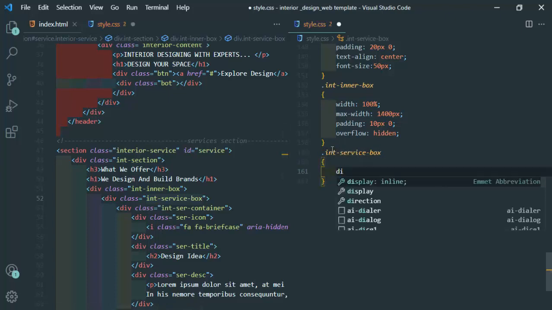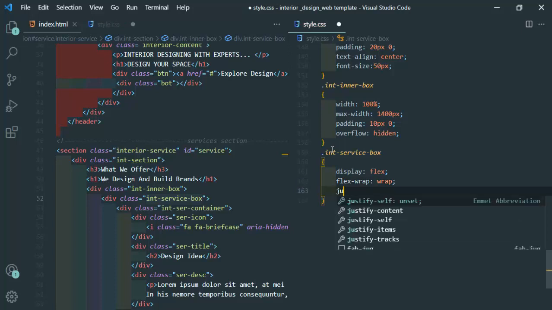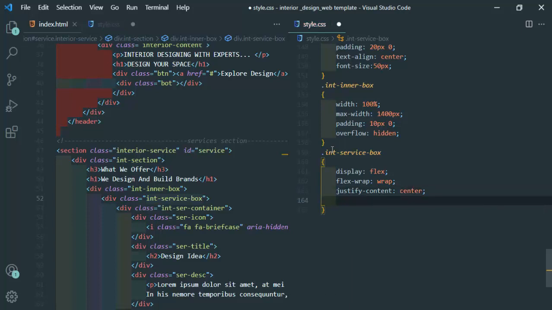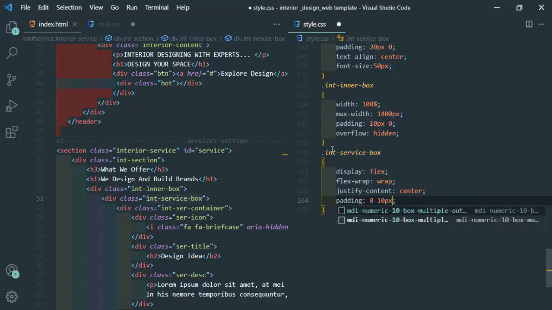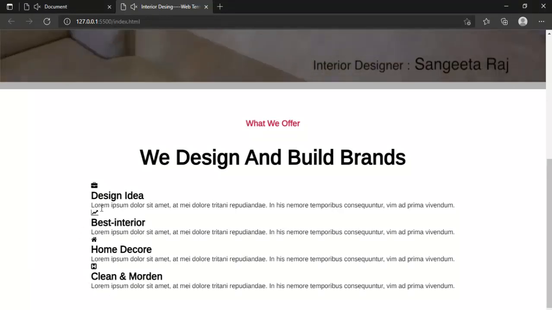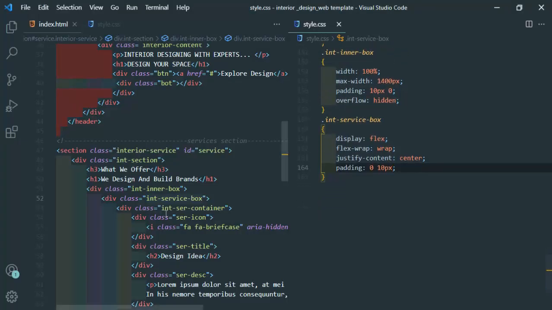So display as flex, wrap should be wrap, justify content in a center, and padding property is 0 pixel. Okay, our content is done. Now we are going for the next class,